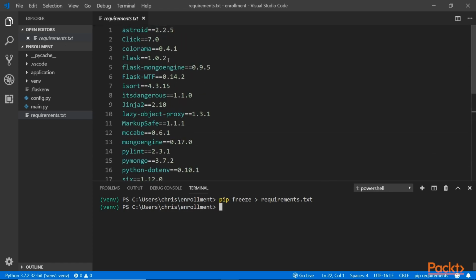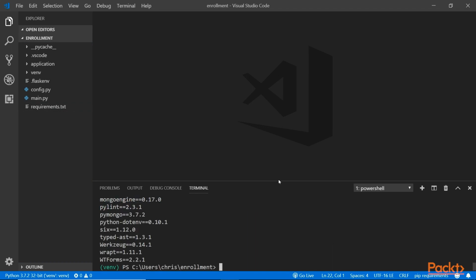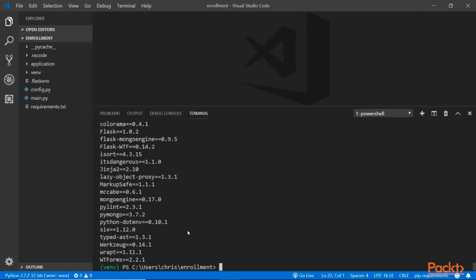And we want to keep this updated just in case we lose some data, or some things are corrupted, and we want to reinstall them. And if you want to see what's inside the requirements, of course, you can click here, or in the command prompt, you can type in pip freeze, and that should list what's inside the requirements text file as well. Okay, so now that our MongoDB has been installed and the Flask-MongoEngine has been installed,